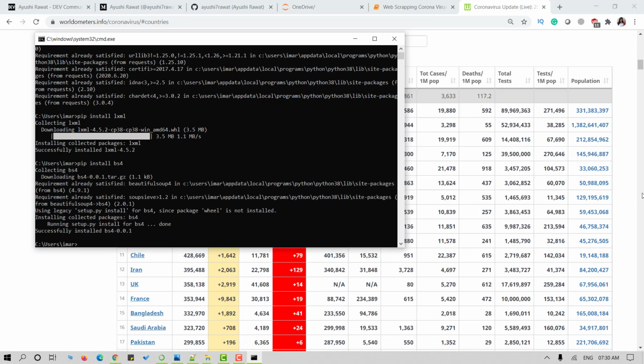You will use the pip install command to install the libraries. If you have previously installed them, then it will show as requirement already satisfied. Moving further, let's see what we can do with these libraries now.